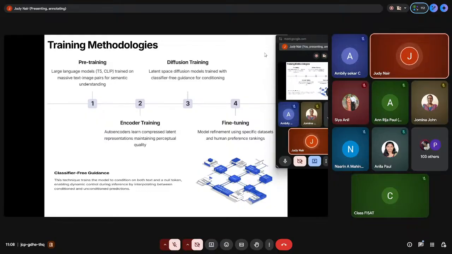Third, it uses a U-Net, and it also uses a cross attention that is added to it. That is how it is made conditional. For example, which part of the image should attend to which words is understood by using a cross attention method in the case of stable diffusion. The image features we give as queries, and the text embeddings are given along with it as keys and values. It learns those keys and values also.